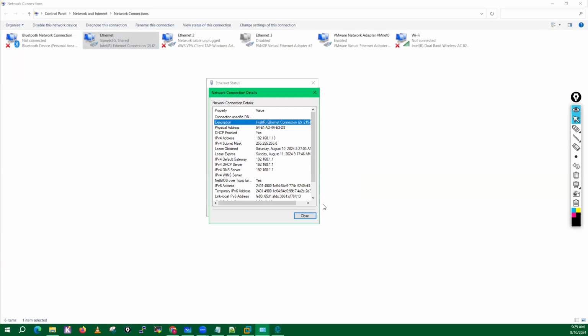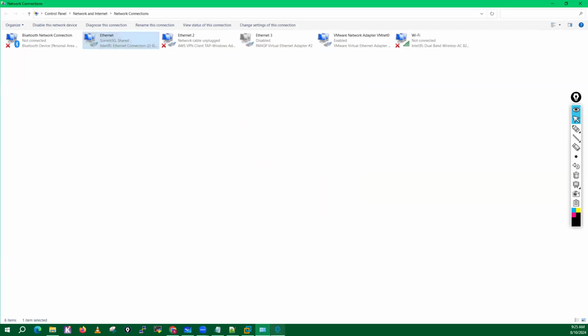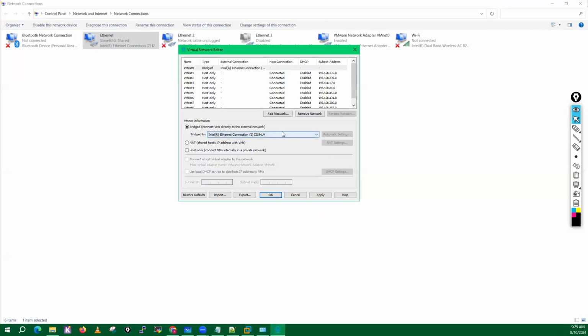This is the name, right? So I have selected the correct one. Now go into VMnet 1. In VMnet 1, you have to make this adapter host only,